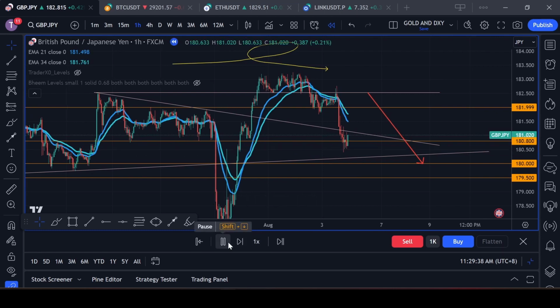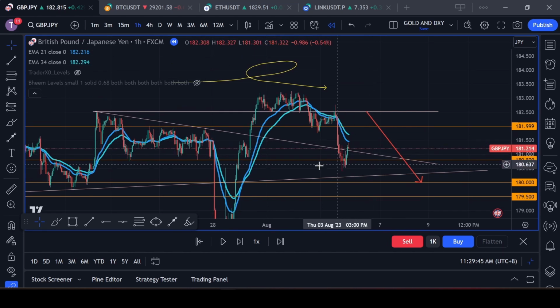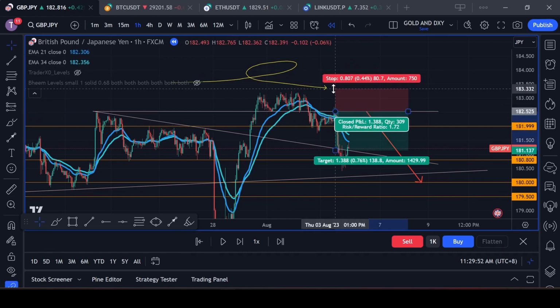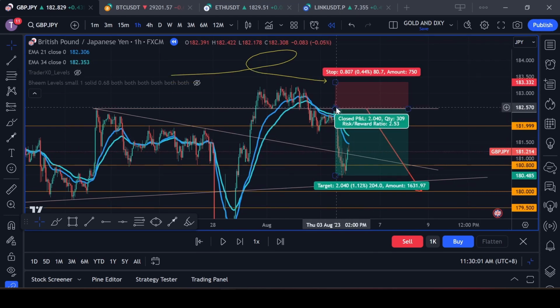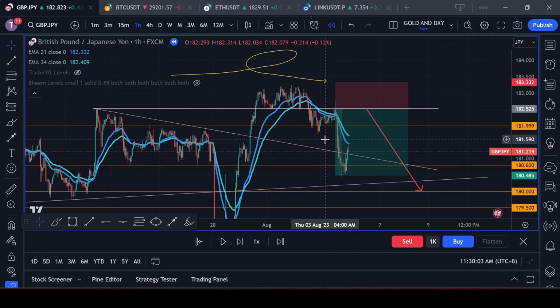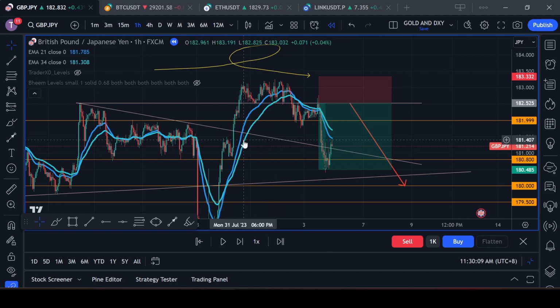It did dig down even lower, alright, and then formed some sort of support over here. So that was already a very, very nice trade, because if you entered over here, your stops are around here. Remember I said with a 100 pip stop loss, I'm aiming for just a 1 to 2 risk to reward ratio, and that's precisely it. You got it in within a few hours after this huge push down and taking out prior support areas on the hourly time frame. And because of that,